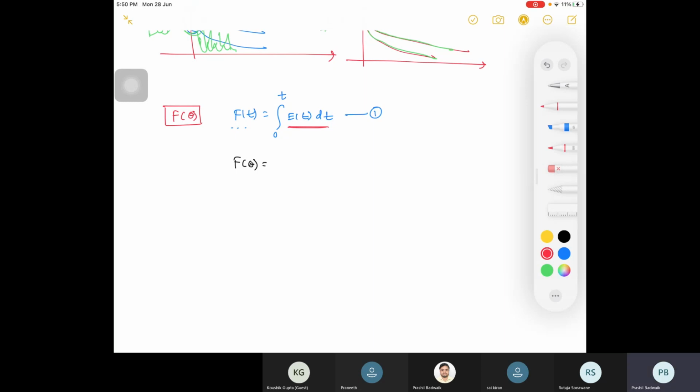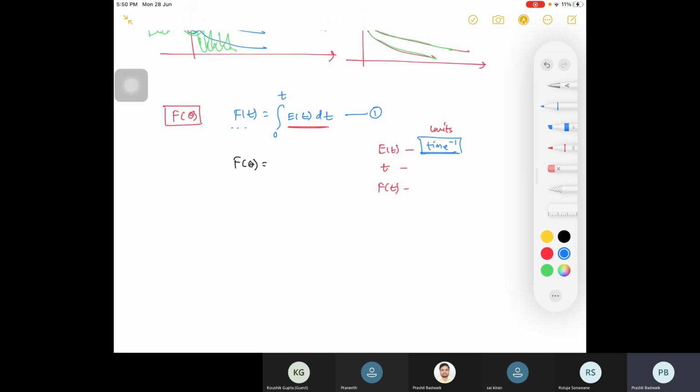By the way, can you guess what is the unit of your F of t? What are the units here? E t, then time, and then what is the unit of F of t? It is second inverse, yeah, it is your time inverse. You write time inverse. So this is important. It is per unit time how much fraction is coming, right? So you can have your physical significance also.